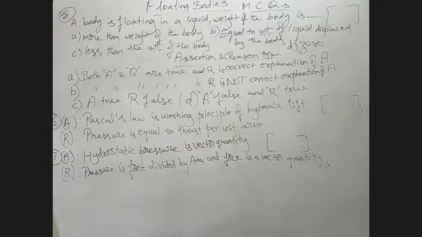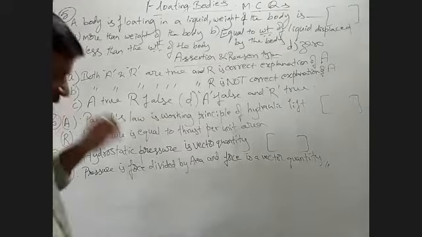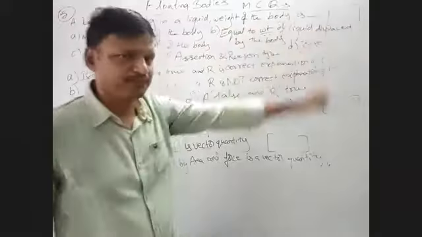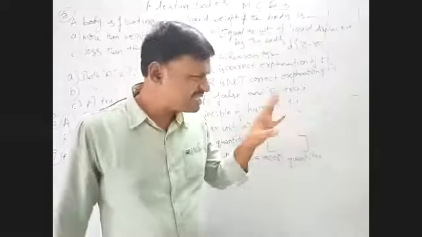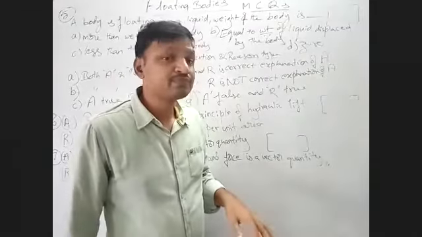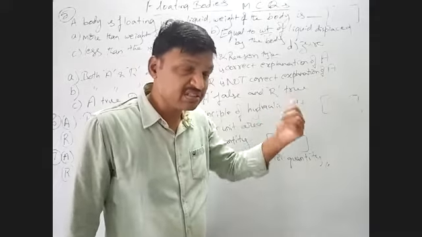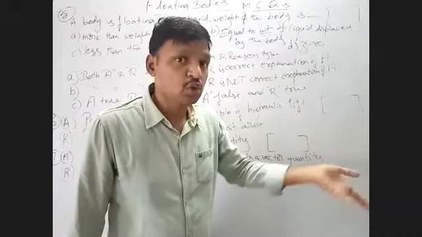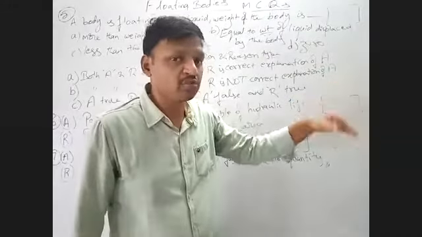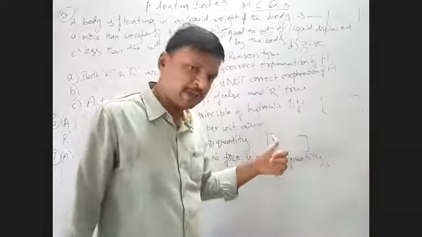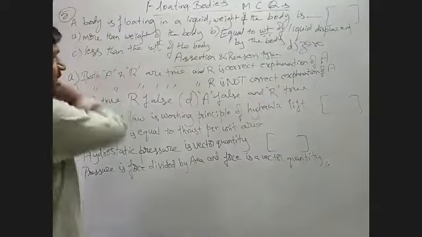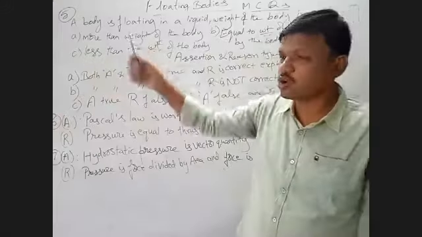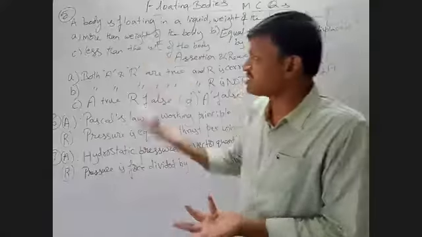So, from this question we will start. A body is floating in the liquid, weight of the body is... What does that mean here? When it is immersed, that means the situation where the body is in the liquid or floating on the liquid. What is the weight of that body which is floating on that liquid? That is what he is asking. Okay, right. So option A, more than the weight of the body. How should you understand this choice?